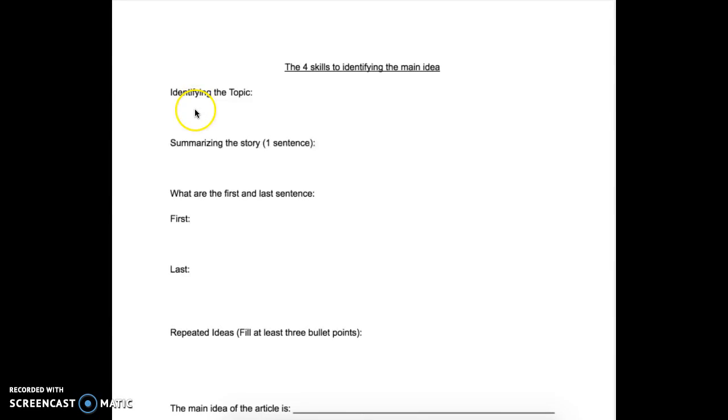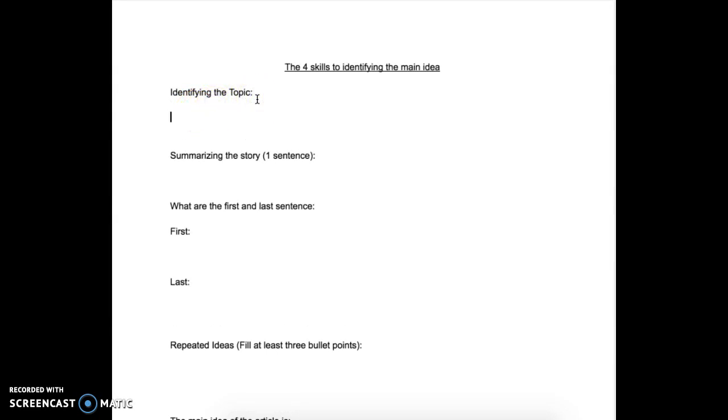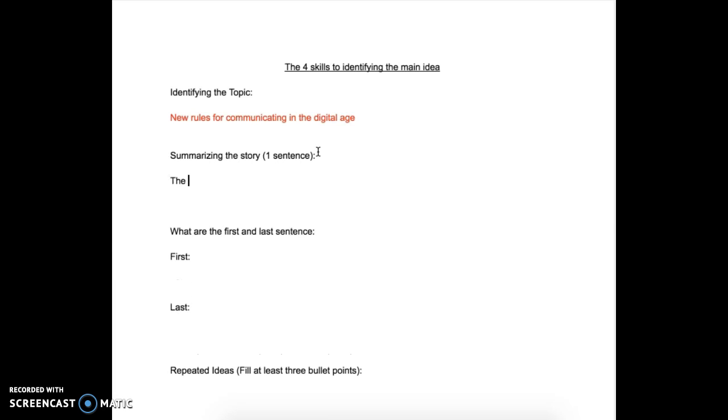So here we are at the worksheet. I think identifying the topic would be new rules for communicating in the digital age. This is taken almost directly from the title, but I think it fits. Flip that to red. Summarizing the story: the rules for communicating have changed;